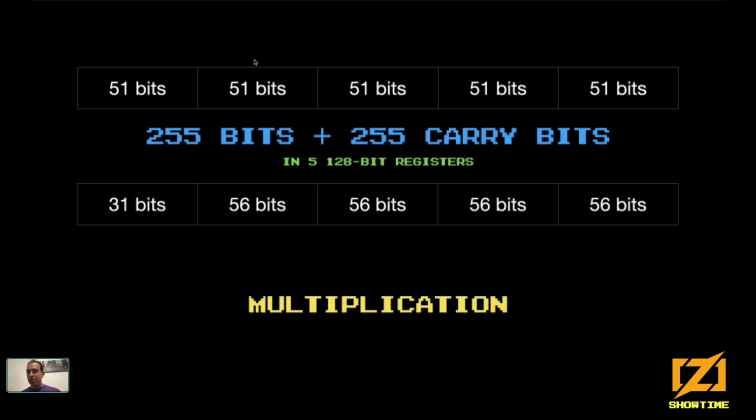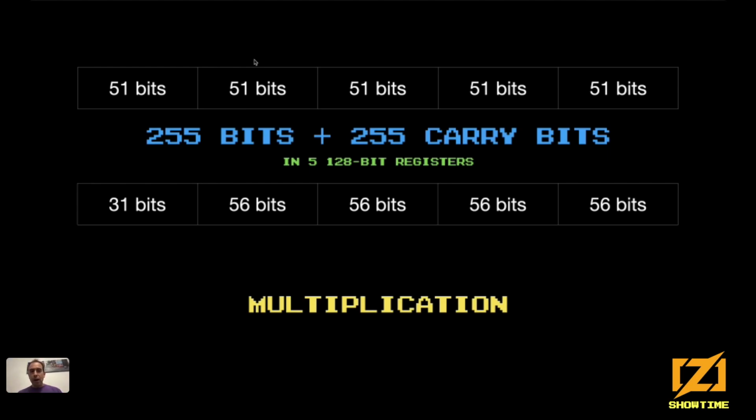Now, for the internal multiplications, we don't have to care about the carries. There is enough space for that. So we can do all the multiplications very quickly. For the additions, same thing. We still have a lot of space. We don't have to care about the carry. So we do all these multiplications and additions, and we can benefit from some parallelism at this point. And only after we are done, we can do a carry propagation.